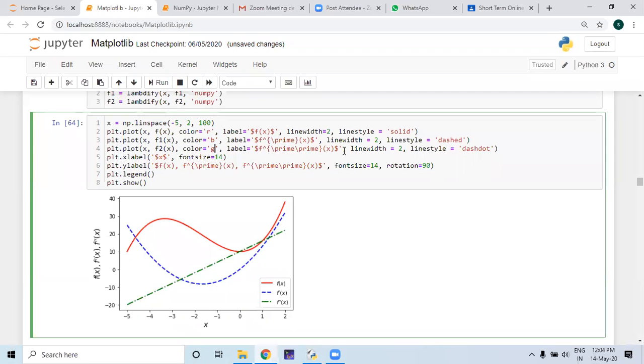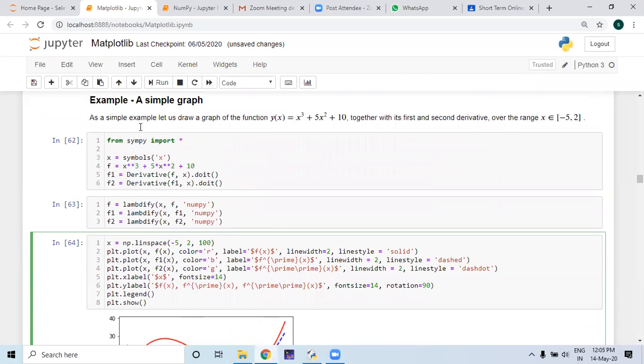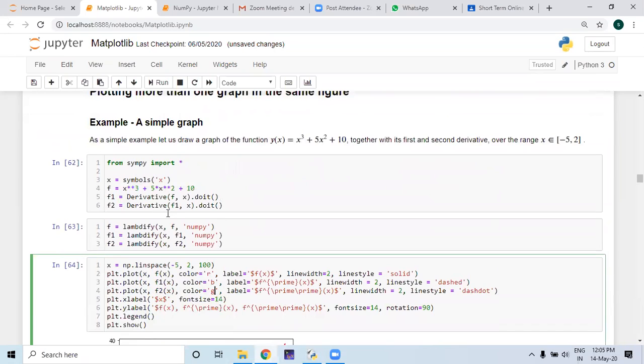Okay. So the label is there, line width, line style, solid, dash, dash dot. This is different just to distinguish. And when you run it, it will come out. Now coming back to the earlier response, this is a simple way I have done it, just to tell you this message that